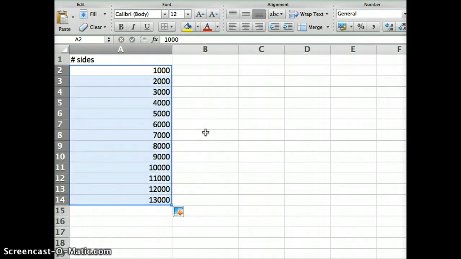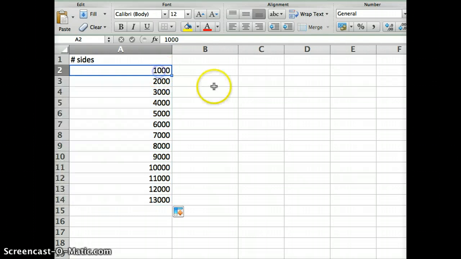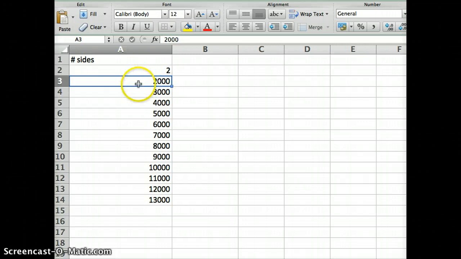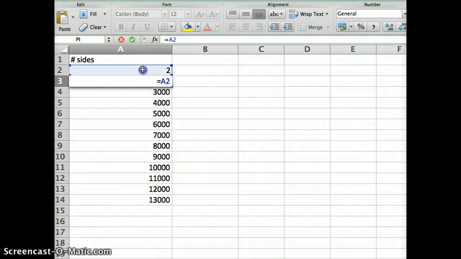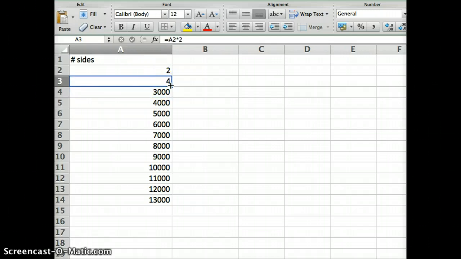Or if I want, I could even do a sort of exponential growth, which is usually something that gets big much faster. So for example, let's say I started with 2, and then I decide that I'm going to double whatever's in the cell above me. So I'm in cell A3. So what I'm going to do is say equals whatever's in cell A2 times 2. Okay? And then if I copy that down,